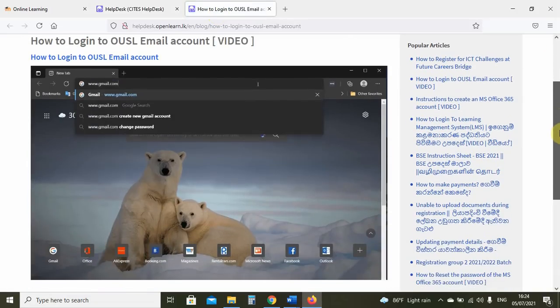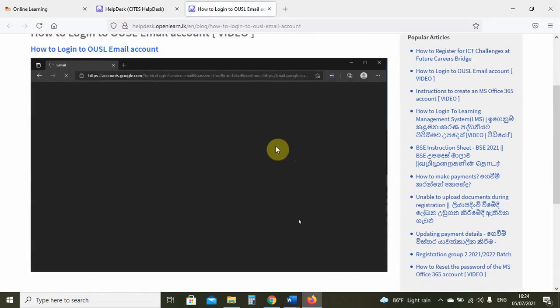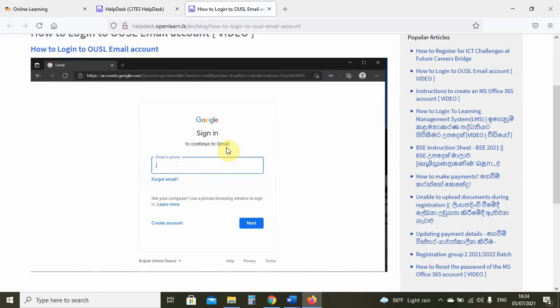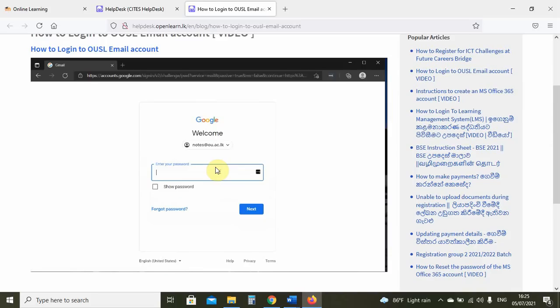and you will see a little animated GIF that quickly runs through the steps of how to enter your account. Here in this case, the person who made this is entering some other account, but you have to put in your S number at ousl.lk as I have given the instructions, and you have to put in the default password.